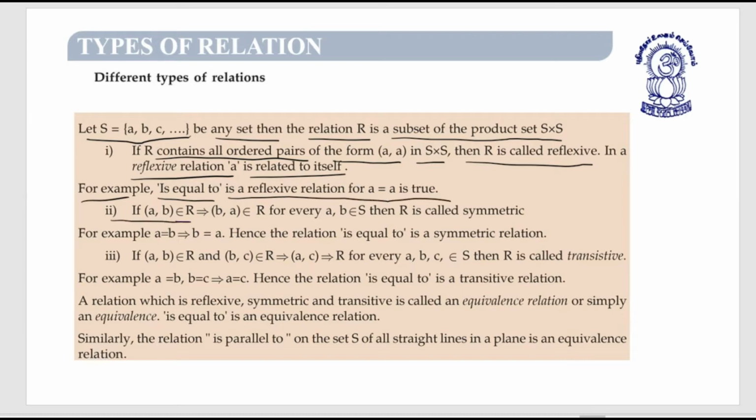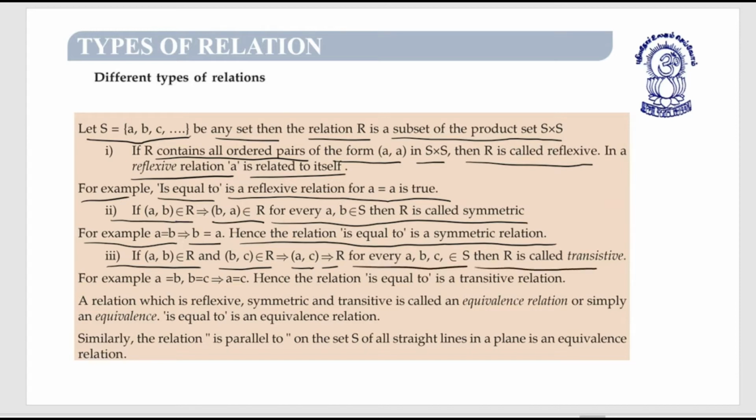Second, if (a, b) belongs to R implies (b, a) belongs to R, for every a, b belonging to S, then R is called symmetric. For example, a = b implies b = a, hence the relation "is equal to" is a symmetric relation. Third, if (a, b) belongs to R and (b, c) belongs to R imply (a, c) belongs to R, for every a, b, c belonging to S, then R is called transitive. For example, a = b and b = c, ultimately a = c. Hence the relation "is equal to" is a